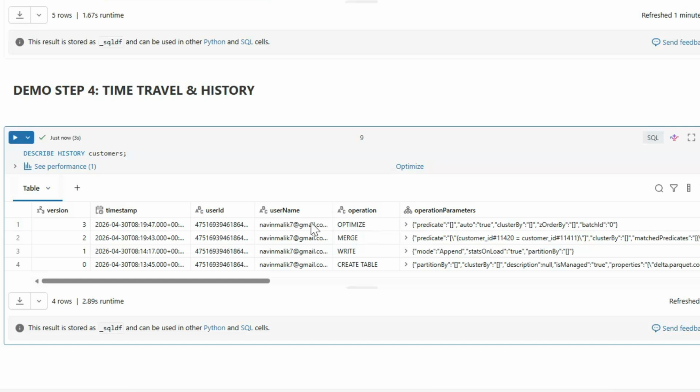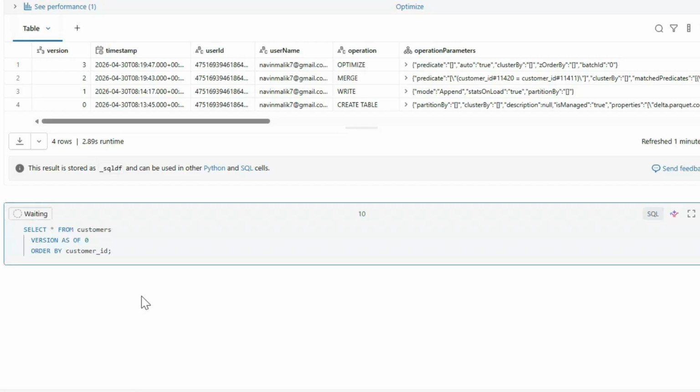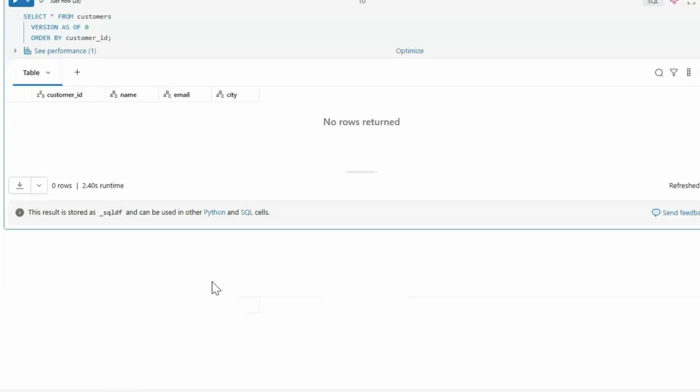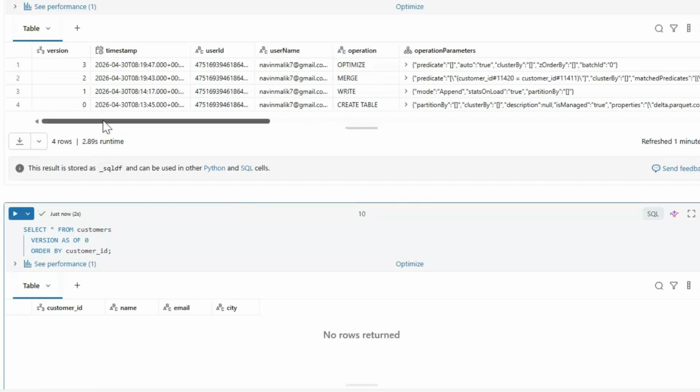I can query the data as it was before the merge by saying select star from customer version as of 0. Let's see. Version 0 is the create.